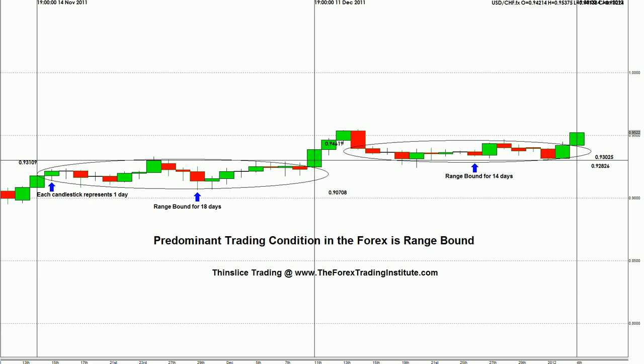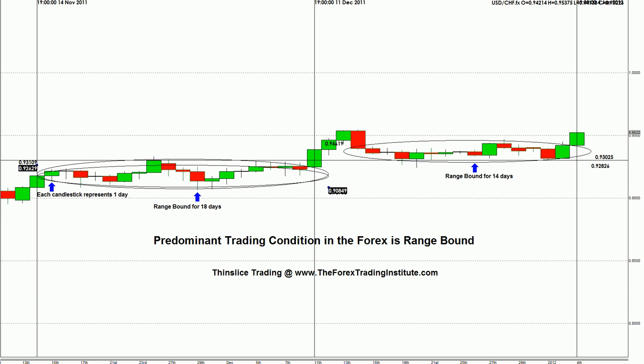This is from the 14th of November through to where we are today, which is January 5th, 2012. So we can see here, these are all actual trading days, for over a month now, we've been in predominantly range-bound conditions. I've highlighted where we've got our first range right here, where we were trading from the 14th of November through to the 11th of December. And you can see each one of these candlesticks, this is a daily chart, represents one day of trading